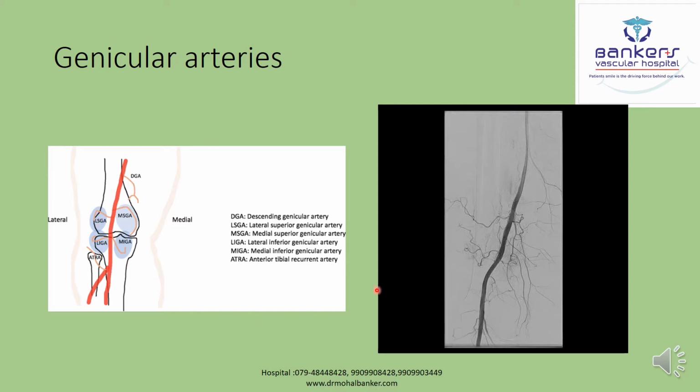When we do angiography of the knee joint, there are lots of muscular branches also, but these muscular branches are not supplying the knee joint, so we don't try to cannulate these small muscular branches. We target particularly these 6 genicular arteries, and we try to find the artery responsible for cytokine release, and these cytokines are responsible for the inflammatory reaction within the joint.